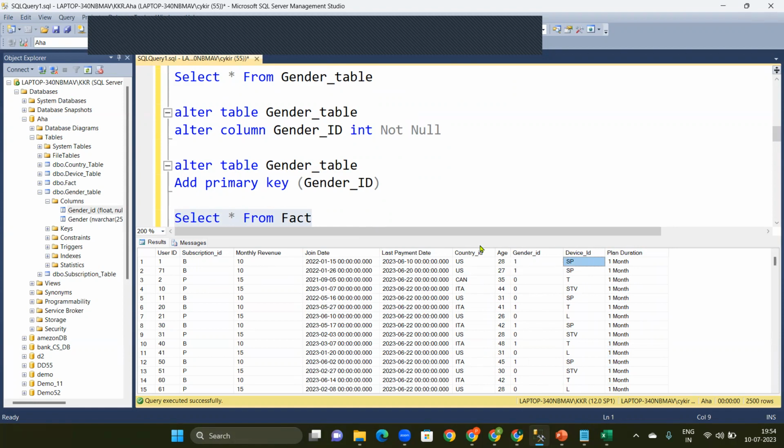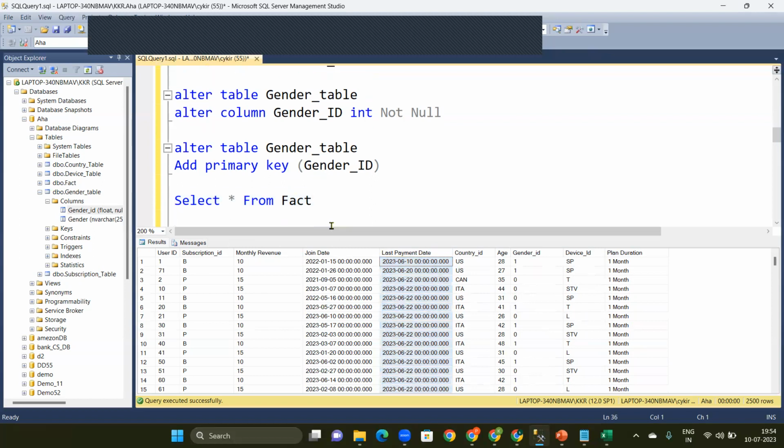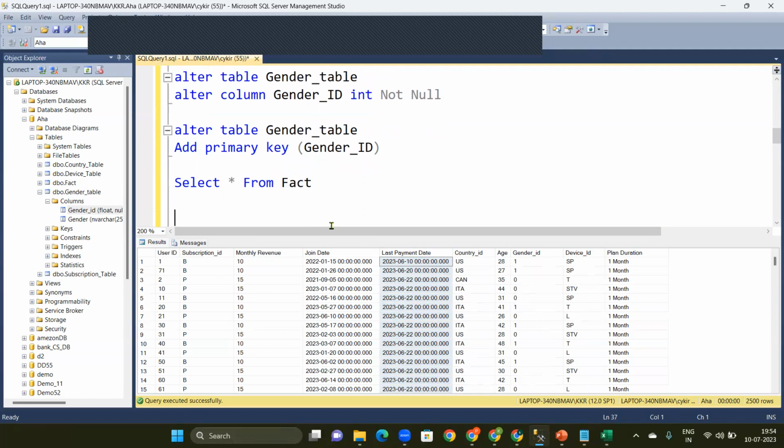Measurements means things like the monthly revenue and some other measurements. This is the AHA platform, right? It is an OTT platform, right? So here we are getting some information such as the last payment date. So this is called measurements. Now we add the foreign keys into the fact table. How? Simply ALTER TABLE fact,